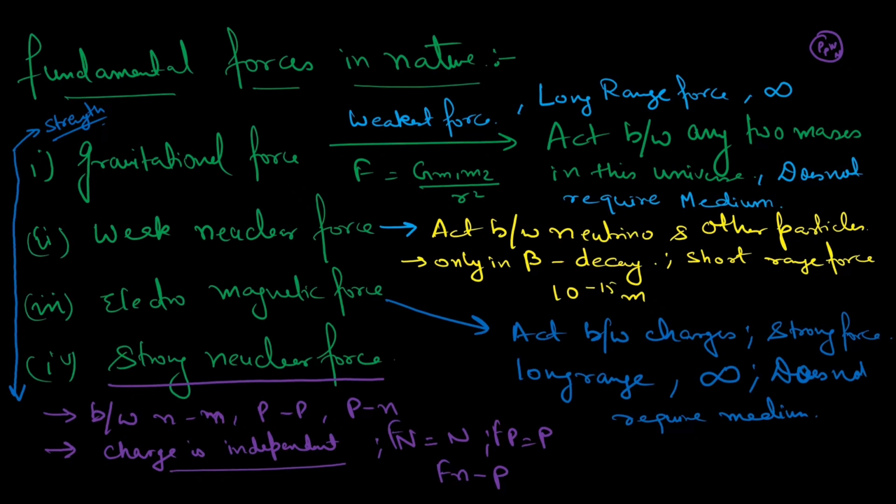So what type is it? It is short range, because it acts inside the nucleus, around 10 to the power minus 14 to 10 to the power minus 15 meter. It is not applied on the electron. Why not? Because the electron is outside the nucleus. Is it clear? So nuclear force acts inside the nucleus on nuclear particles, known as nucleons. We are leaving it at this point only. When you study nuclear physics, then you will try to understand.